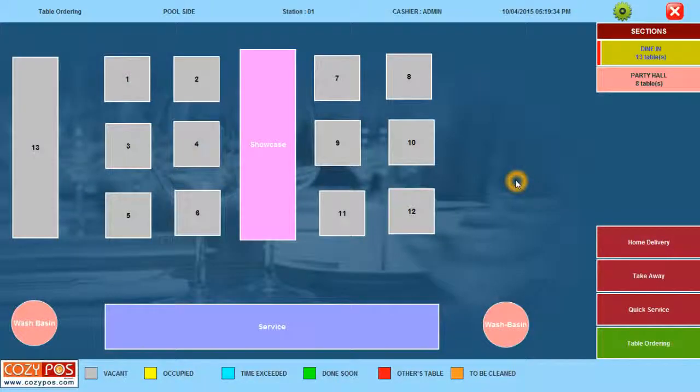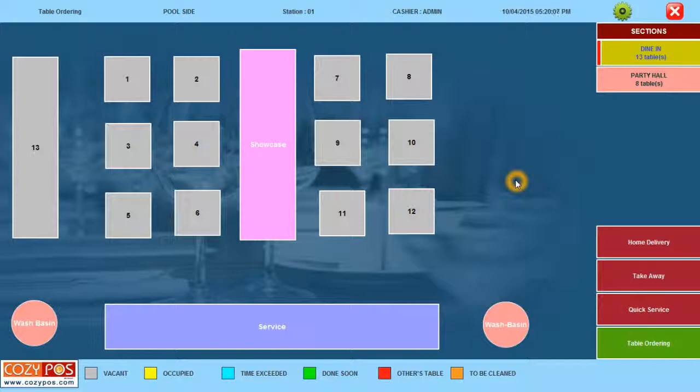Welcome to Cozy Pos. In this session, we will see more about Table Layout Designer. In Table Layout Designer, we can create a layout as per the architecture of our store or outlet, or we can say restaurant, where we can create square tables, circle tables, and also square objects and circle objects.